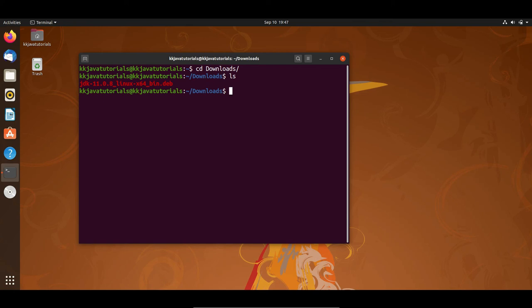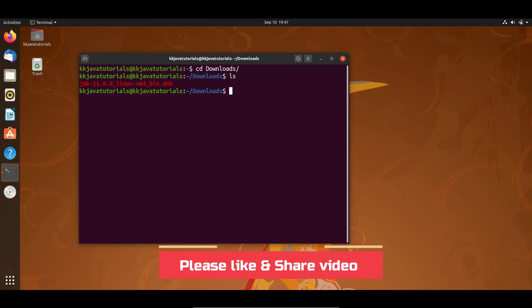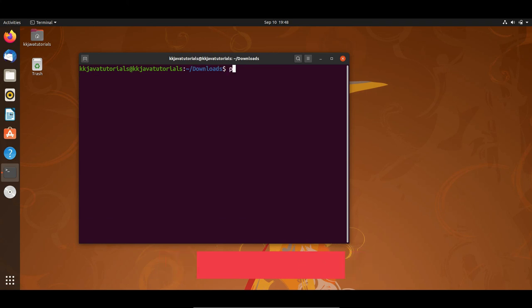This way you do not have to specify the complete path to reach a specified location within the same directory in the file system. If you are already in /home/KK Java Tutorials, then you just need to type the relative path, not the absolute path, and that's the difference. Just check pwd.